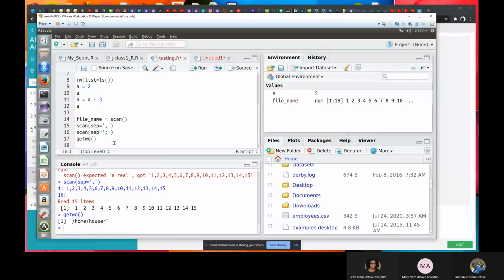But I'm going to have an issue with this one. So let me just specify scan. This is the file, employees.csv. Then I will have to specify the separator is equal to comma. But if I run this now,